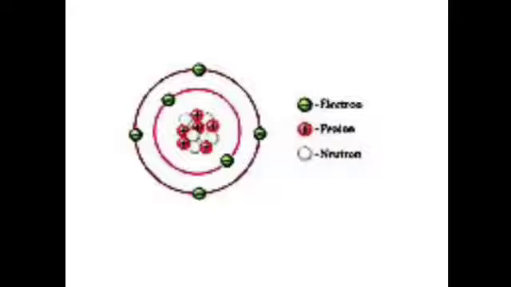So you can see that the number of protons and the number of electrons are equal. So this shows that an atom is electrically neutral. Is it clear? That is, the total negative charge of the electrons is balanced by the total positive charge, that is, the number of protons is equal to the number of electrons. The charges cancel each other, as a result the atom becomes electrically neutral.